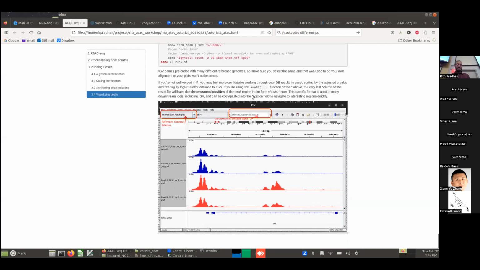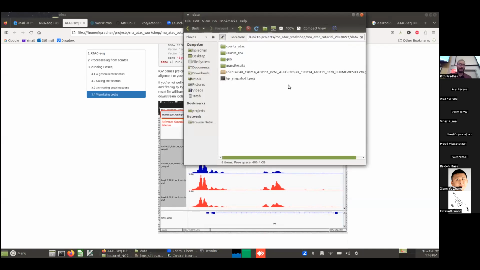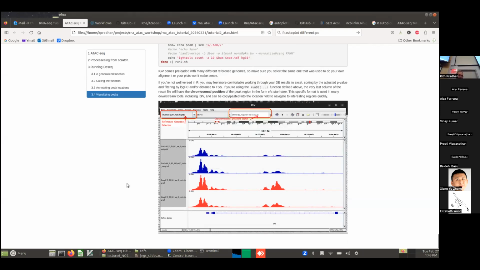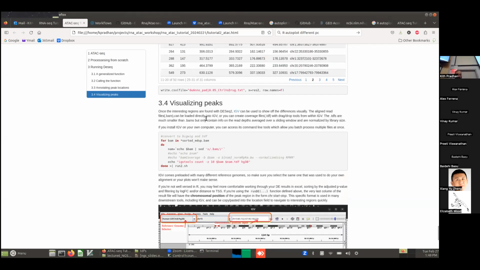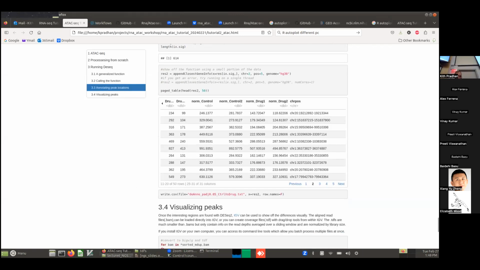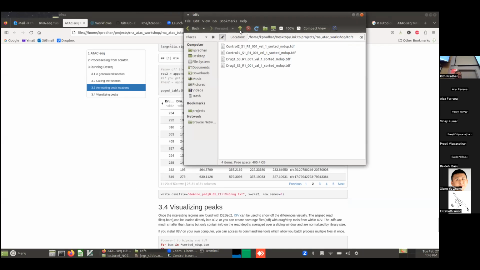So there are TDF files. Here's an example. I think these are just a few hundred megabytes, but they're still pretty big. I'll give you an example of how you would do this visualization. At the end of the DESeq2 analysis, all this code here, the end result is that you have